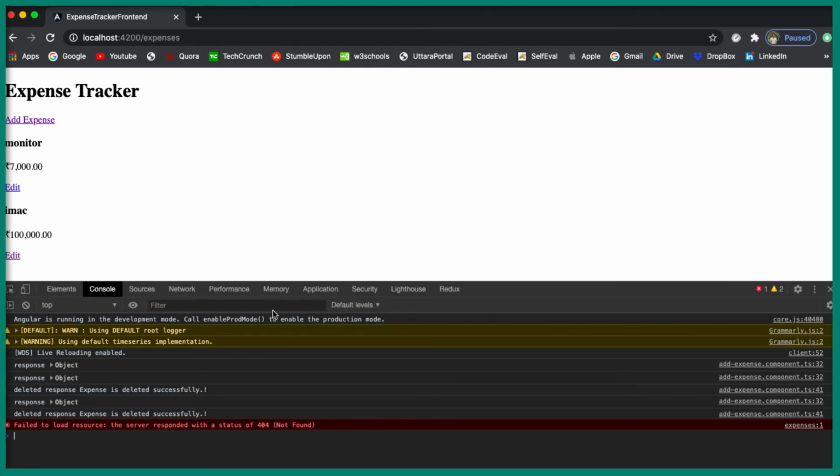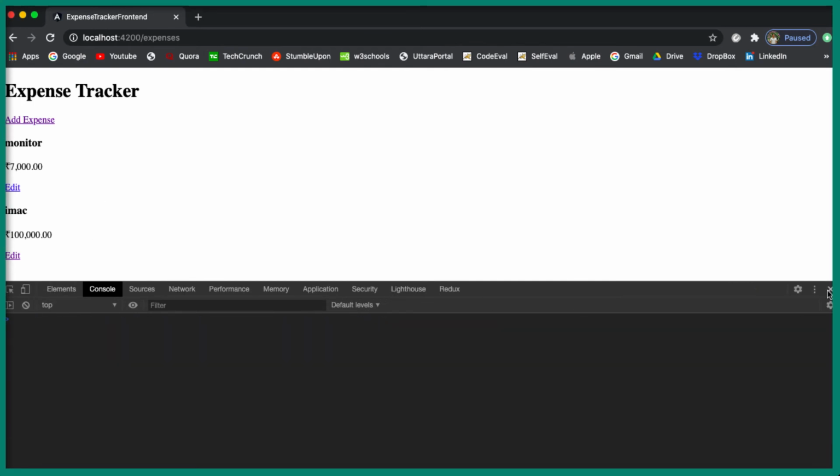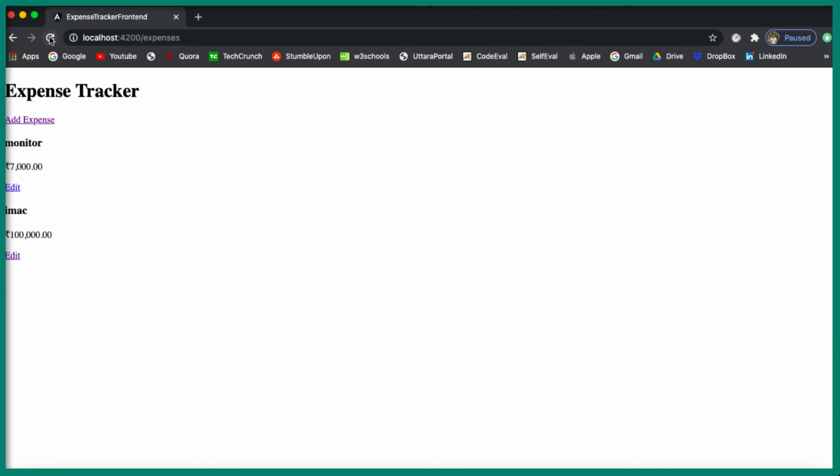Let's close this and actually refresh this. Okay, it has been refreshed, which means the record has been deleted, but it has not refreshed in the UI. So let's try this last one, monitor, edit, and when I click on this delete, it has been deleted. I don't know why that happened.